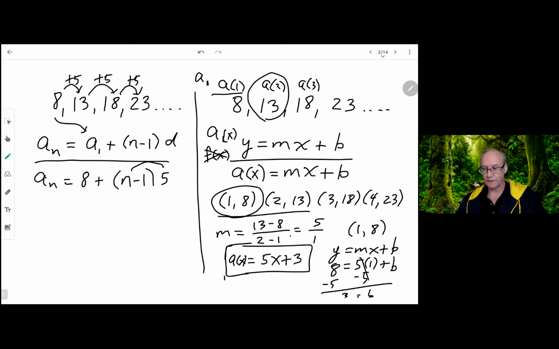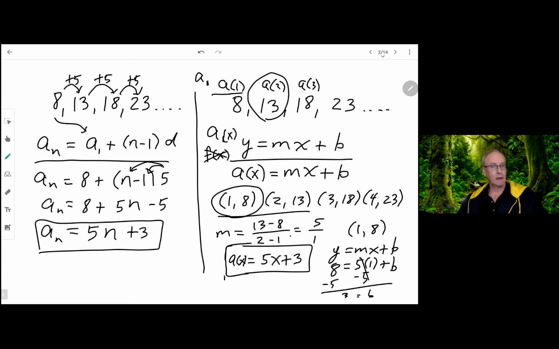Well, I'm distributing this, and I get 8 plus 5n minus 5. Well, this says a of n is equal to 5n. 8 minus 5 is plus 3, isn't it? So,